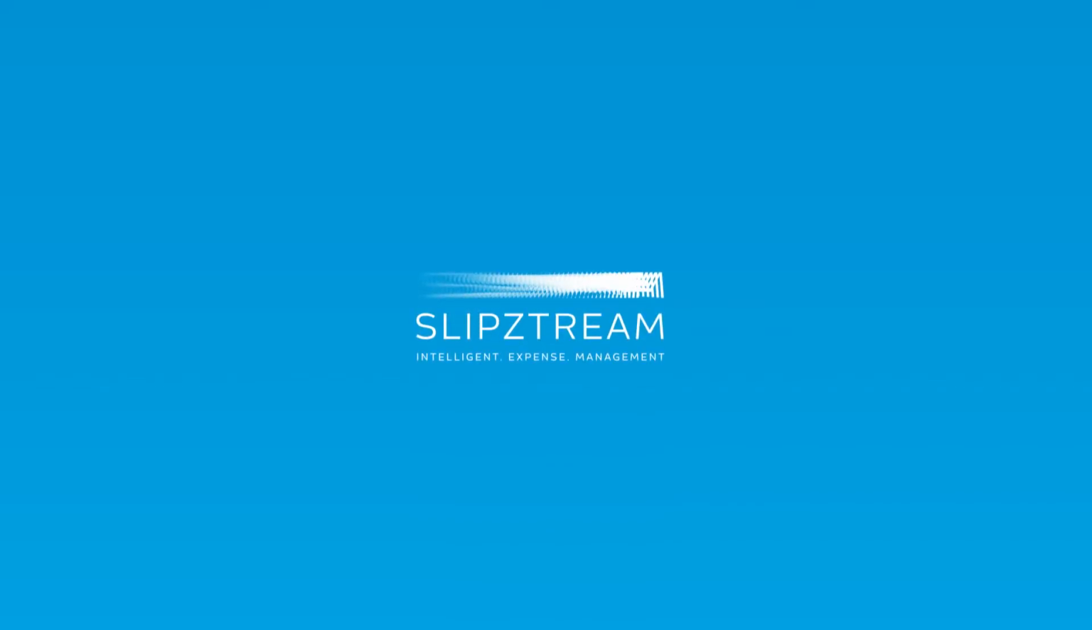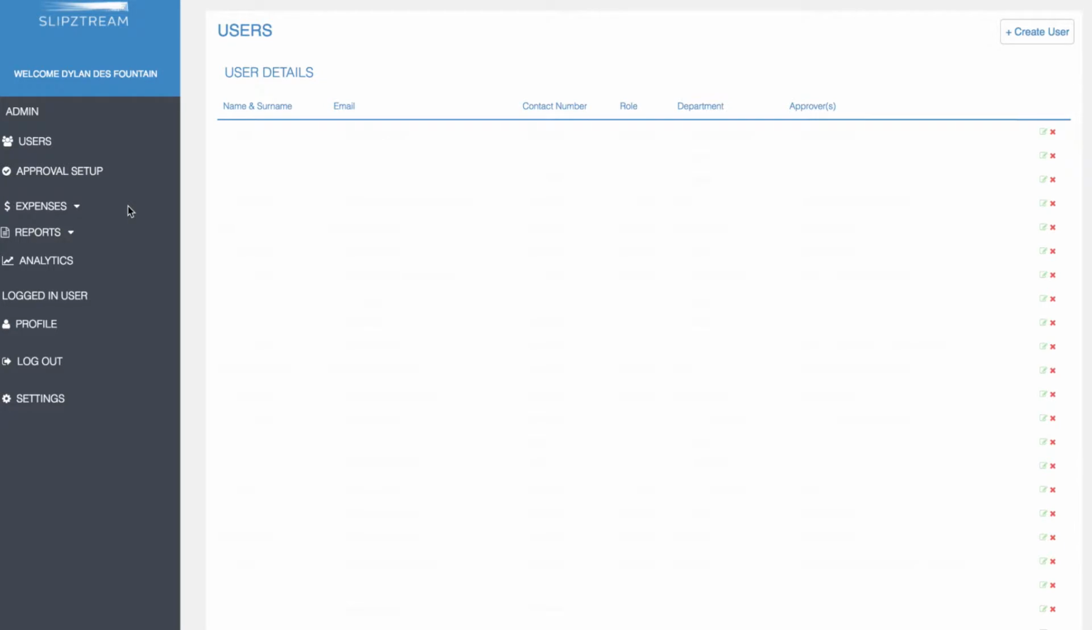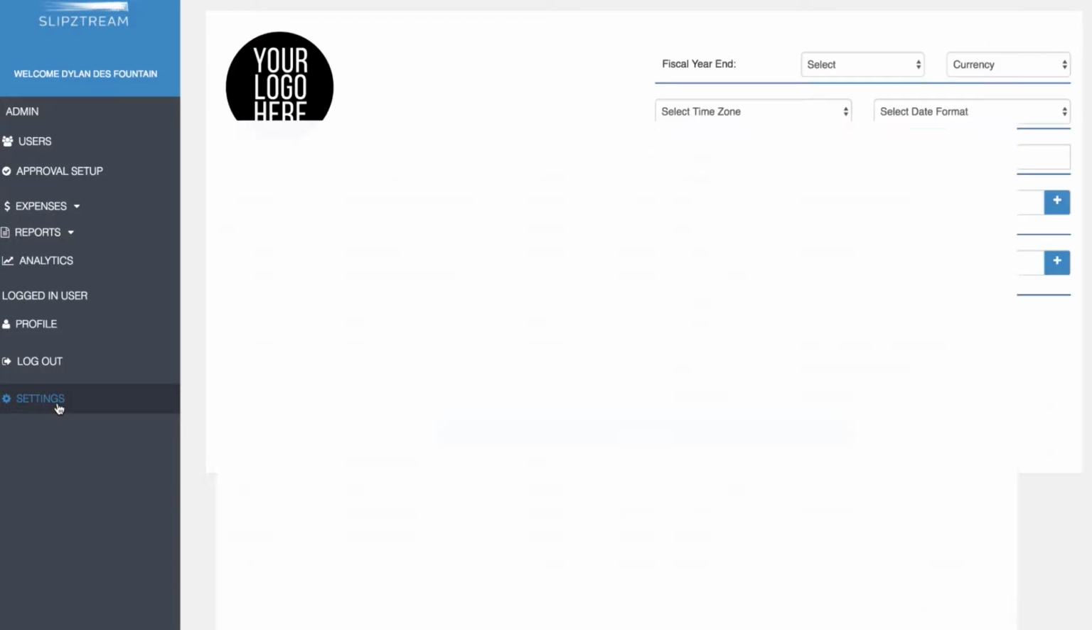I'm now going to show you how to set up your account as an administrator. You will have a big dashboard in front of you that says Slipstream and welcome. What we're going to do is start all the way at the bottom of the navigation panel on the left-hand side, under settings. Once you click on settings, you're going to set up your company details